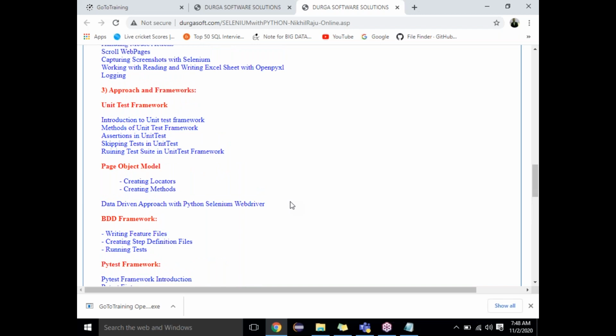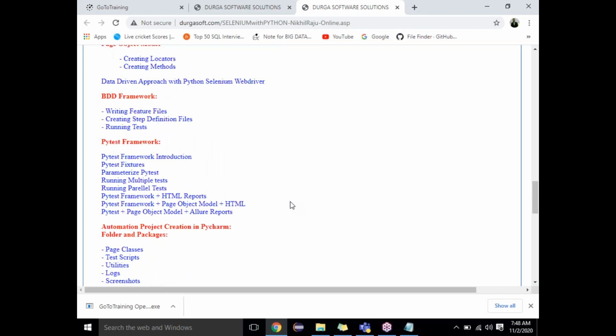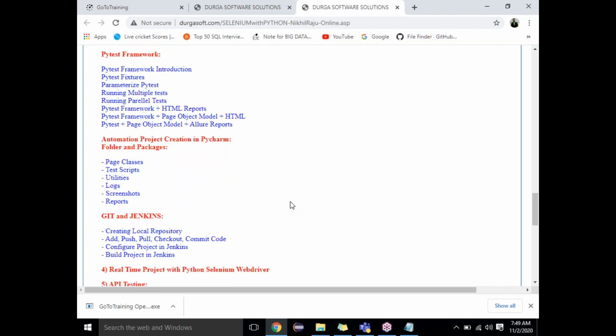Then we'll be discussing the page object model design pattern, how exactly we design our complete automation scripts with the page object model integrated. Then we'll be seeing the BDD framework and also the complete end-to-end PyTest framework. And then we'll start a complete automation project. We'll be discussing the creation of the project from scratch,